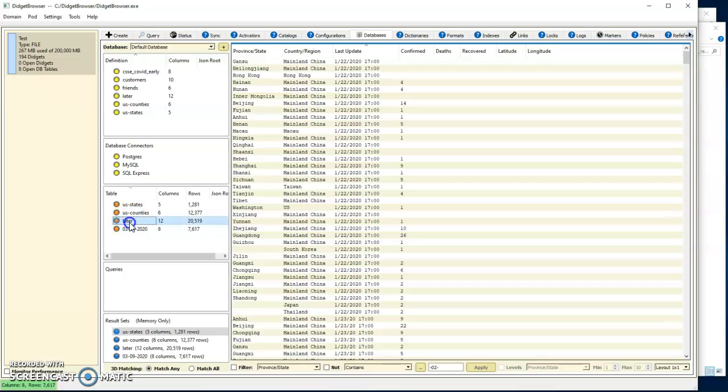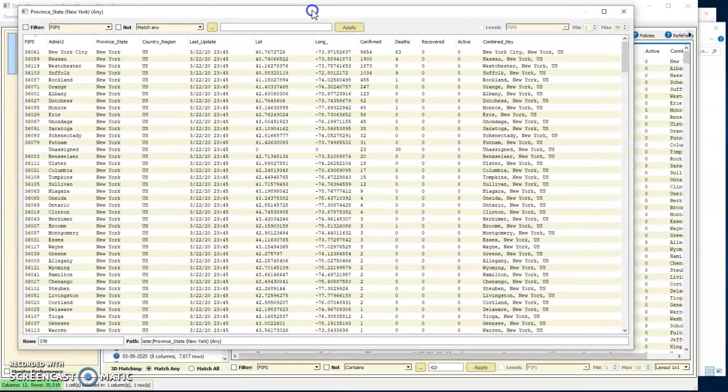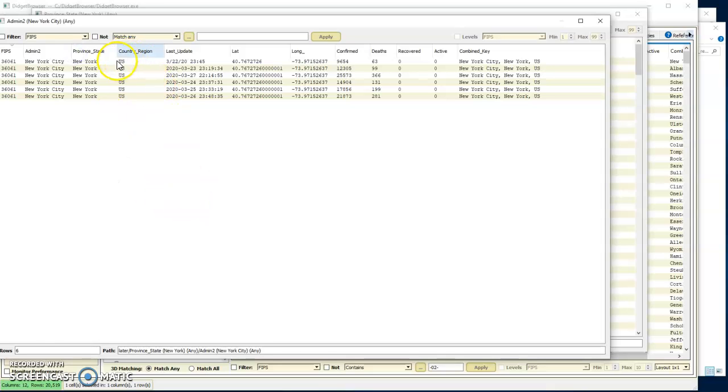So let's just analyze the last few days here, this biggest data set. I want to see all the stuff in New York. So I just double click on New York just like before. Now I've got 378 rows in this table that deal with New York. And if I want to drill down and I want to see just New York City, so over the last 6 days, here's the data